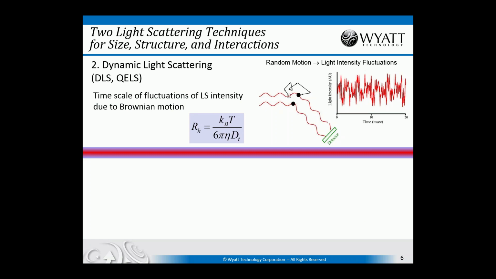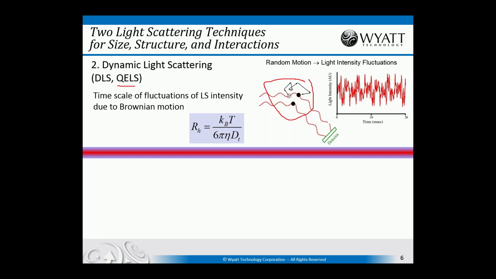The second flavor of light scattering is dynamic light scattering, also known as quasi-elastic light scattering. And there, instead of measuring the time averaged intensity, we're going to measure the rapid fluctuations in the light scattering signal, which are on timescales of microseconds to milliseconds, depending on the size of the particles. The reason that we see those fluctuations is due to Brownian motion. So the particles will be jittering around in solution due to Brownian motion, and the light wave that impinges on those particles will scatter and reach the detector, and depending on the